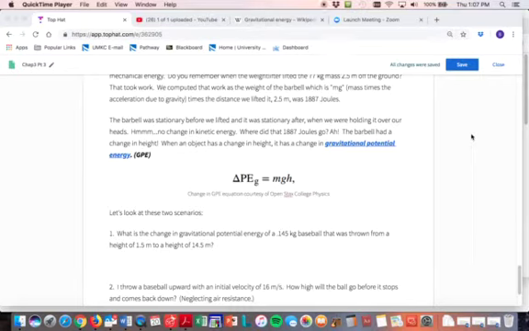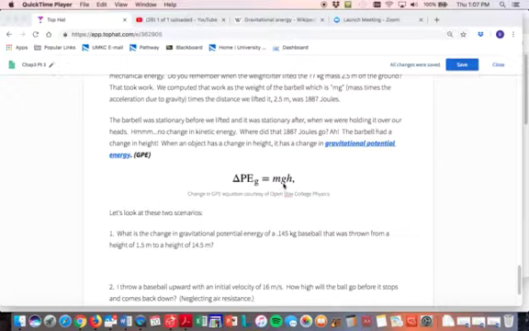All right, so let's look at this first problem. We took a 0.145 kilogram baseball that was thrown from a height of 1.5 meters to a height of 14.5 meters. All right, what this equation should have said is this change in potential energy is equal to the